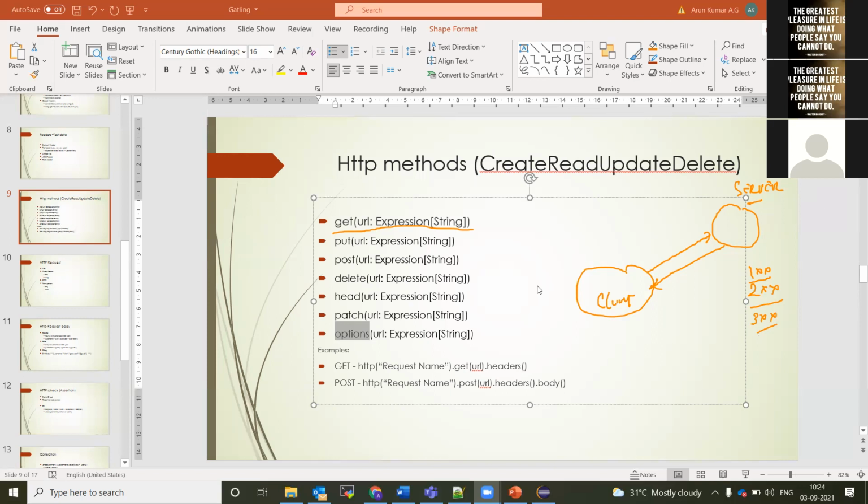If you are doing redirections, you will get that. 4XX is nothing but client side errors, where there is some problem in the front end UI page. The fifth one, last but not least, is server side errors: 5XX means 501, 502, 503, 504. Every error will have a separate status code and status message.